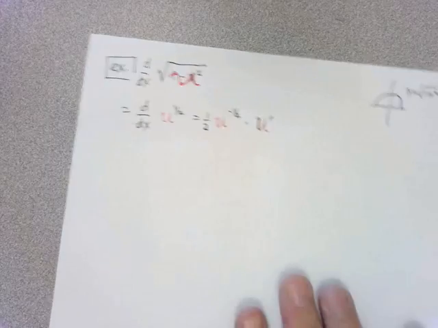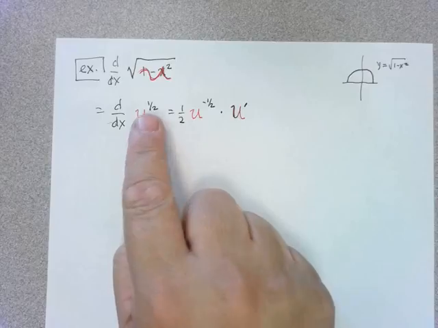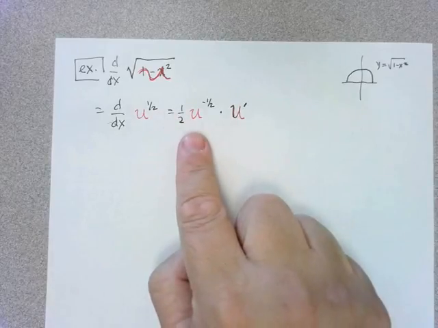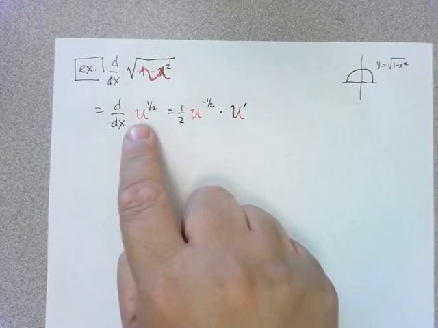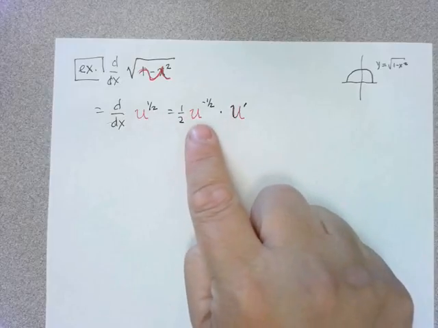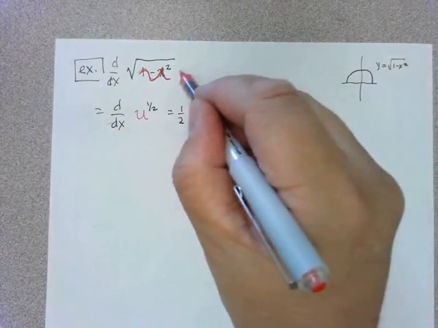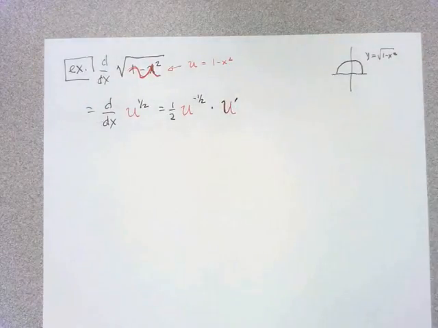This is how the chain rule works. If this were merely x to the 1/2, then I would write 1/2 x to the minus 1/2 and I would be done. But since this is covering up some other function of x, I say, okay, so I do the normal derivative rule and then I multiply by the derivative of that thing that was being covered up. So what was u? Well, u, I can see underneath here, that's 1 minus x squared. So I'm going to get 1/2